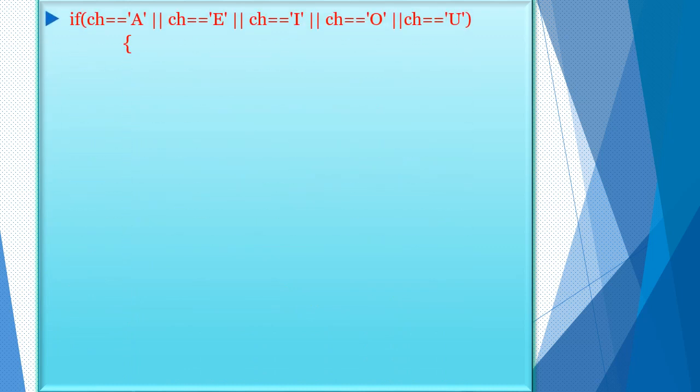And after extracting each letter and storing it in the variable ch, we check whether it is a vowel. So there are 5 conditions joined here by using the OR operator.